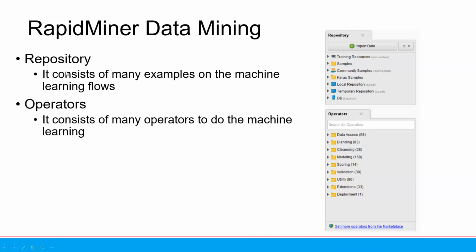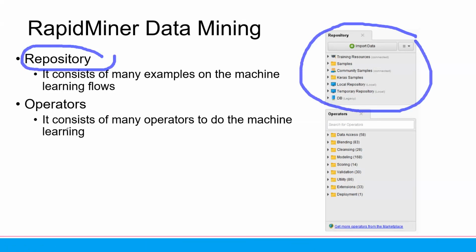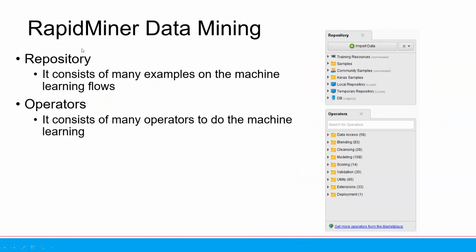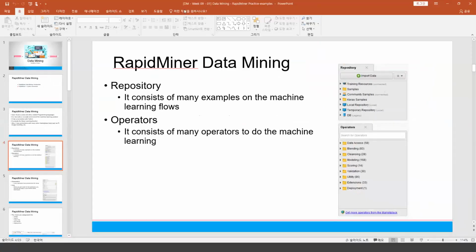The two things are the repository and the operators. So the repository consists of many examples of machine learning flows. And the operators consist of many operators to do machine learning. So what can we check from this part is